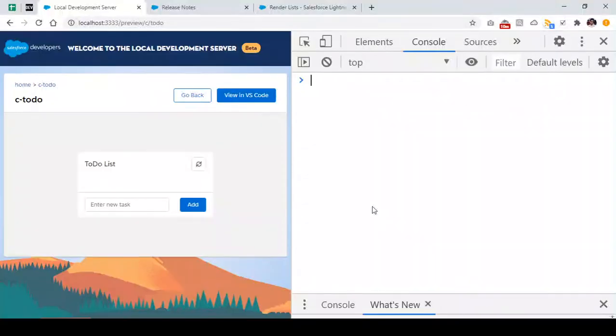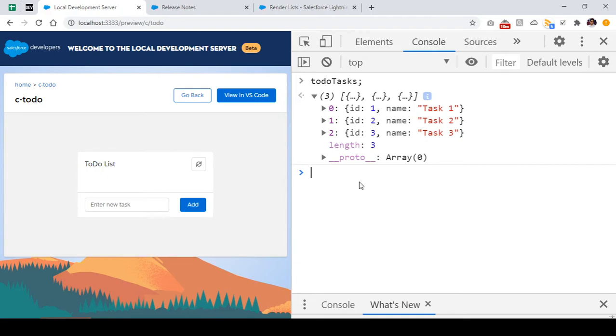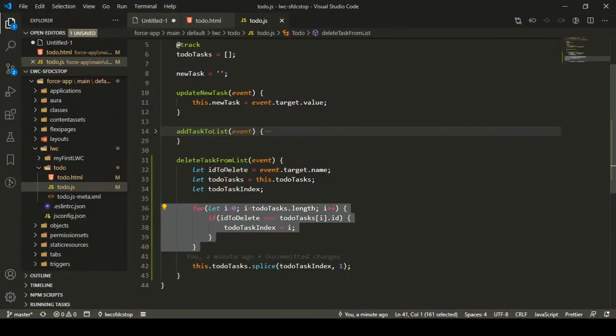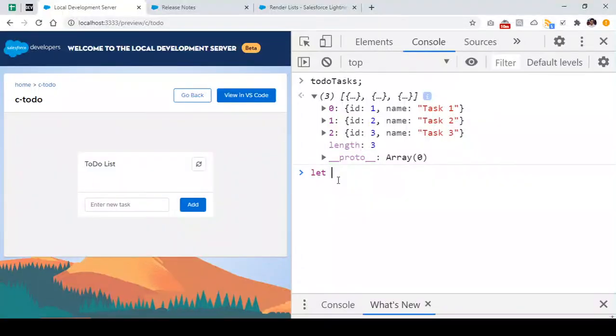So let's say right now we have to do tasks like this where ID is 1, 2, and 3. And let's say my ID to delete variable has a value of 2. Let's say I want to remove this second task, right? So ID to delete has a value of 2.